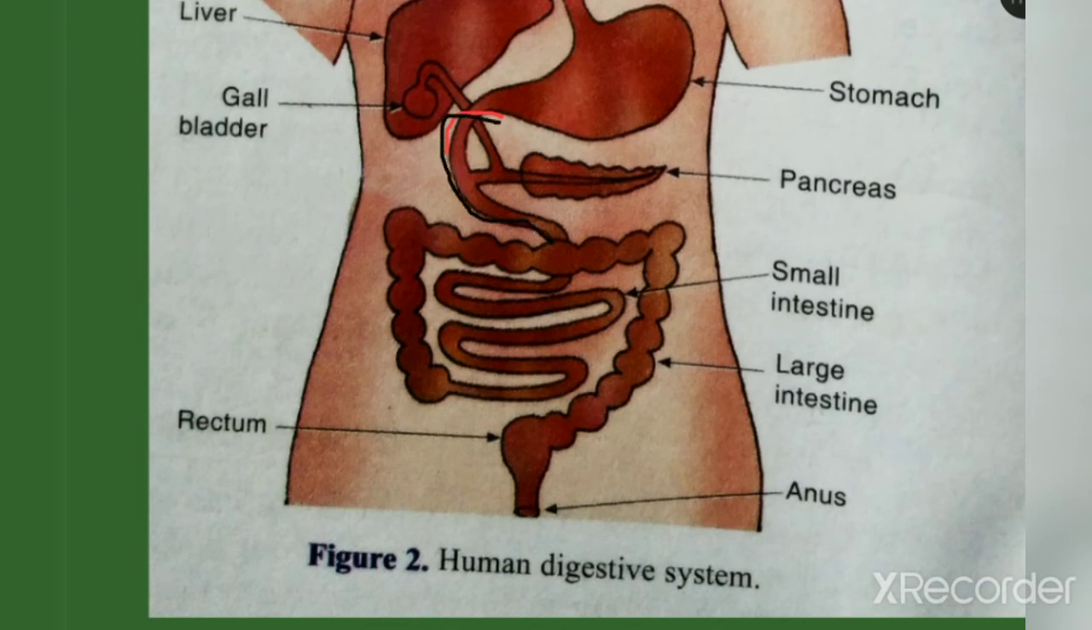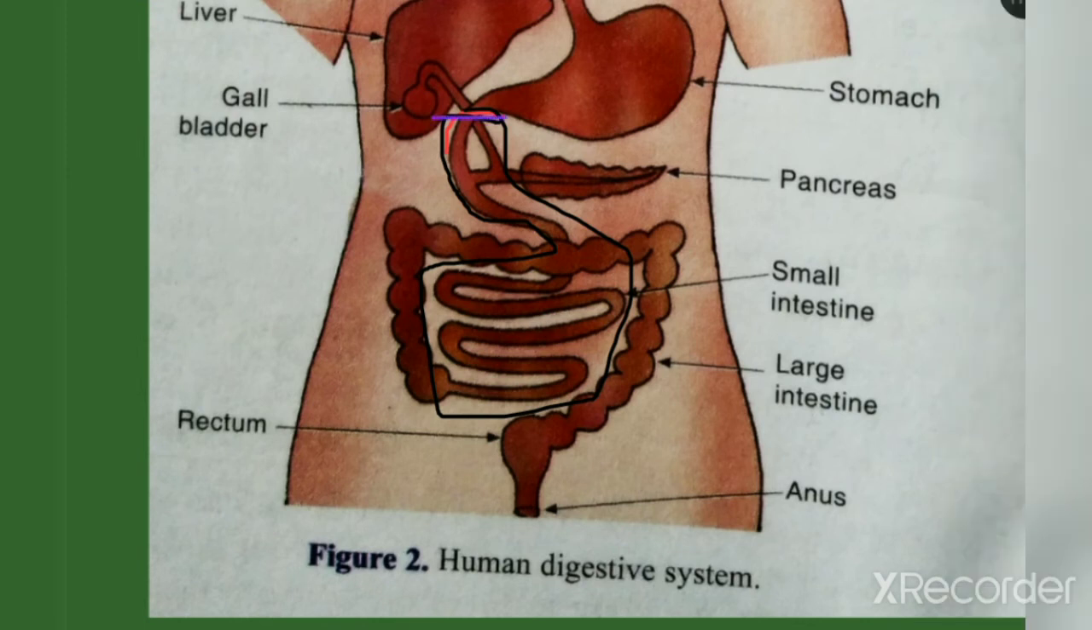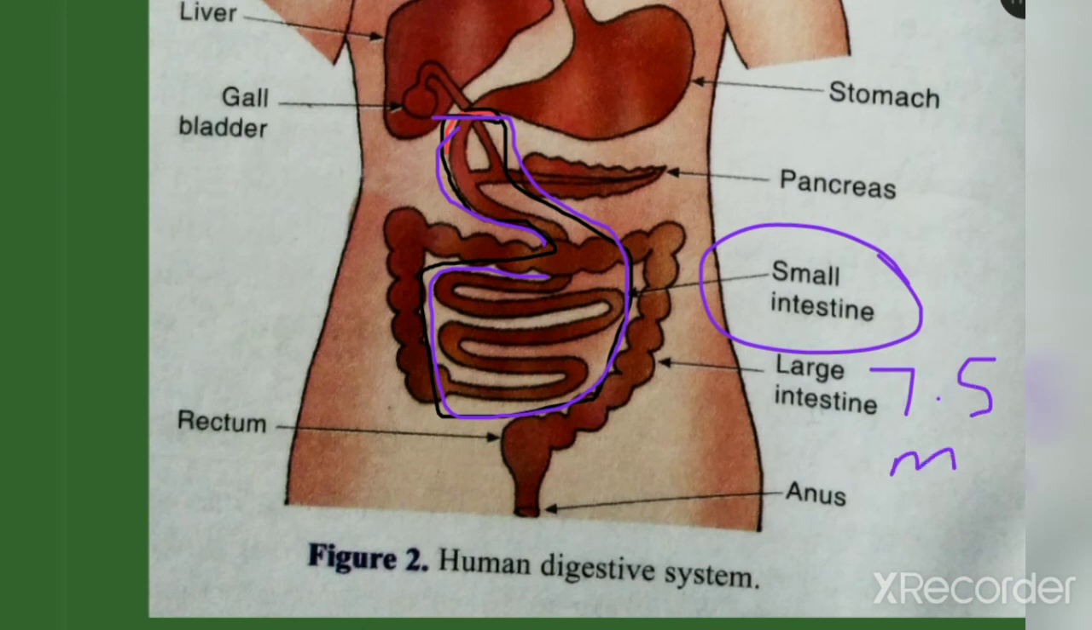So from here to here, all these structures are known as the small intestine. So it is the small intestine, nearly 7.5 meters in length,